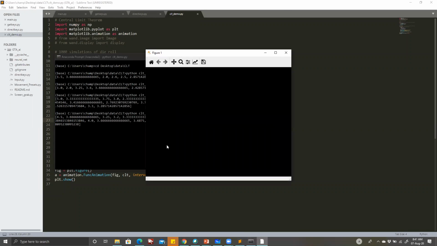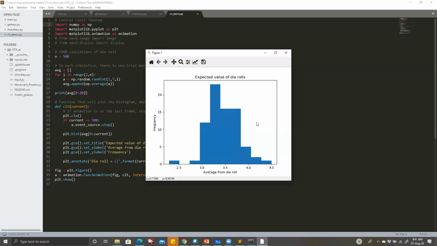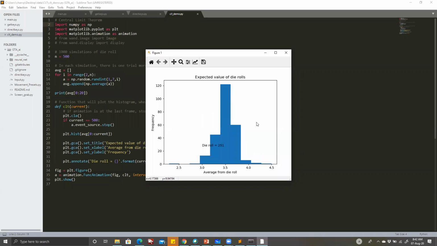So guys, this time I increased the overall die rolls to 500. Again, you can experiment as much as you want. You will see there is definitely a centering around the mean, the middle, around 3.5. It will start to look almost like a Gaussian, and a very sharp one. Again, you can increase the number of observations, or try different kinds of die rolls or different outcomes, and plot them here. Again, try to do it as randomly as possible.